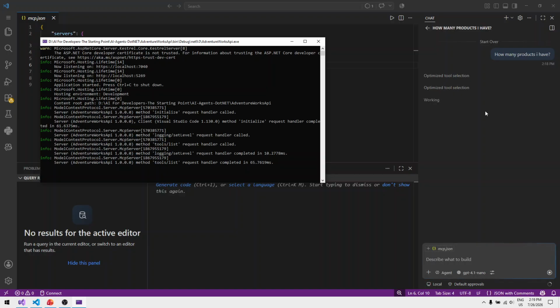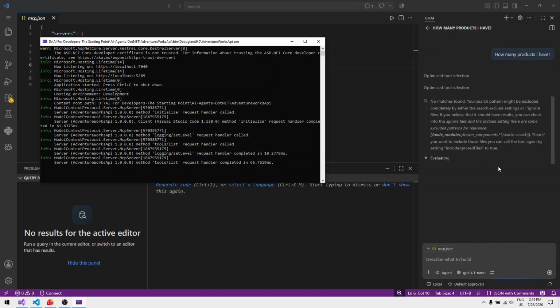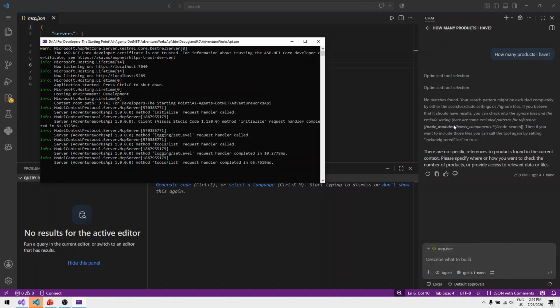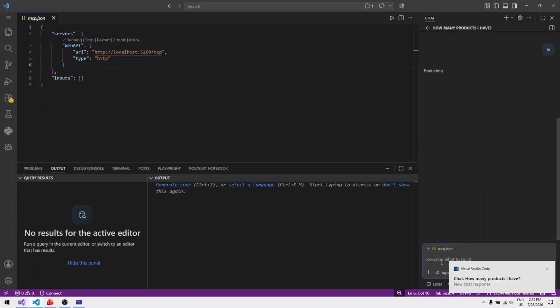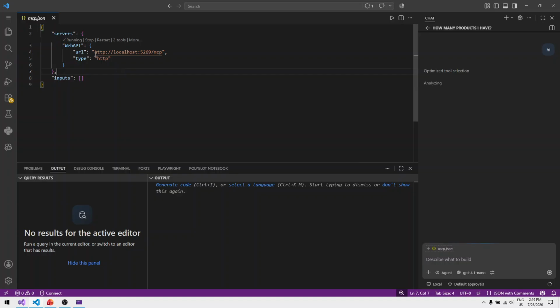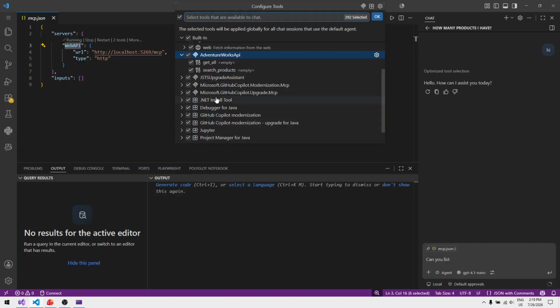So it says optimize tool selection. Okay, fine. No, that's not right. Let's see. This means it's not properly running. Oh, this is web API. Just a minute, let me see whether tools are added over here or not. I think this is added, but